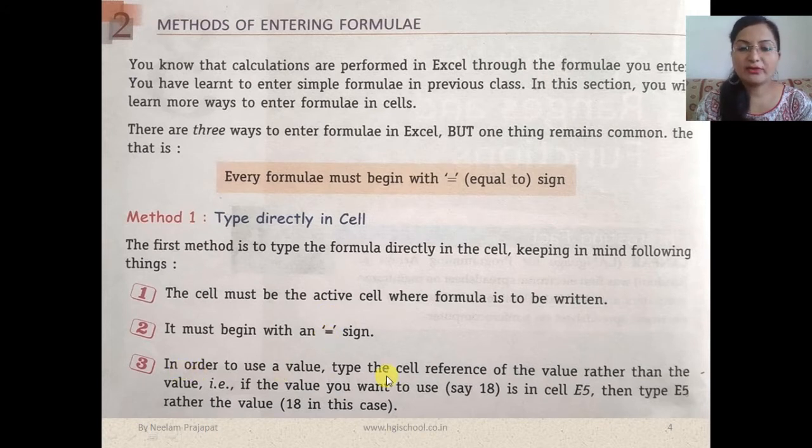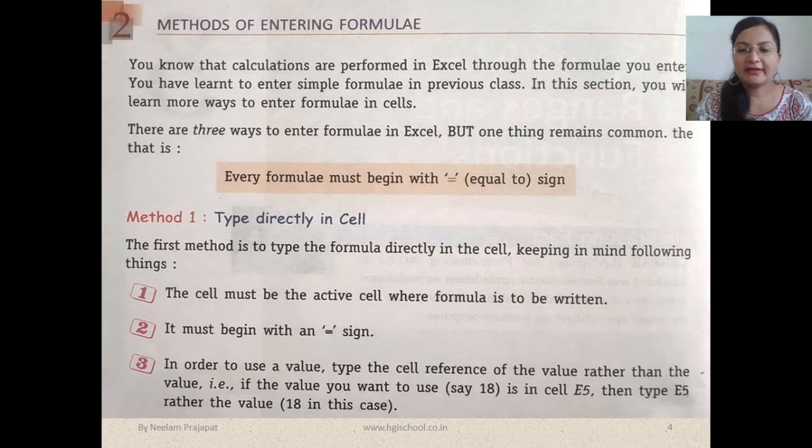In order to use a value, type the cell reference of the value rather than the value. Say the value you want to use is 18. If we are using a value from a cell and in that cell it is written 18, we don't have to use 18 directly. We have to write the cell address, the cell reference.